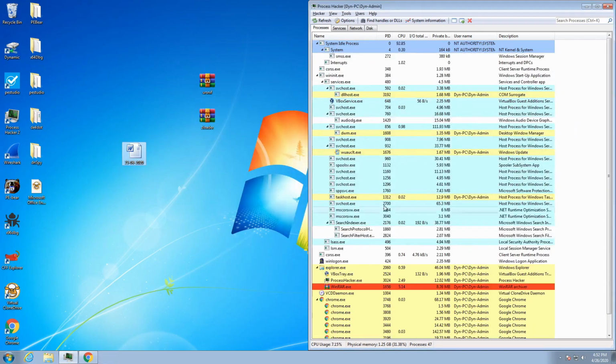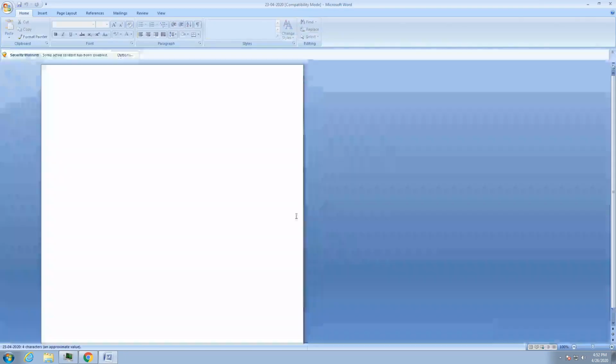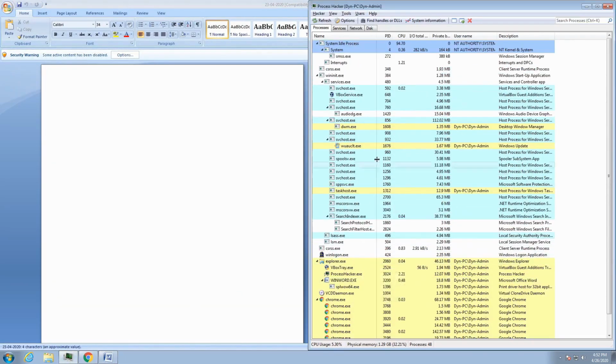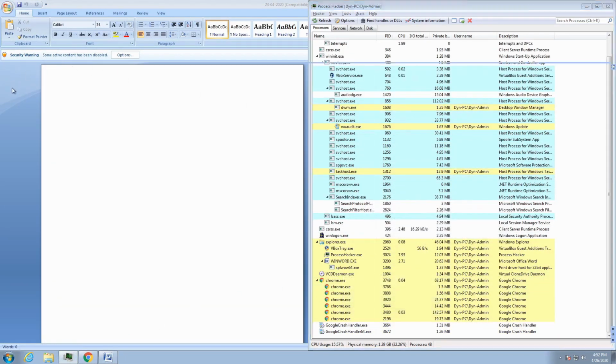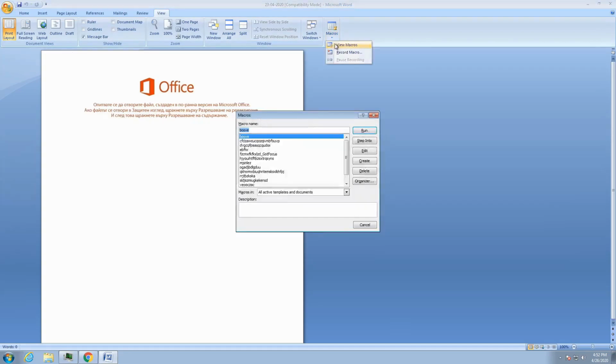And I have Process Hacker open just in case something gets executed and we have to quickly suspend it. So let's go ahead and double click to run. Open up Process Hacker. Okay, doesn't look like the macros have executed, so they have been blocked. That's good. So in that case, what we can go ahead and do, let's go to View, Macros, View Macros,